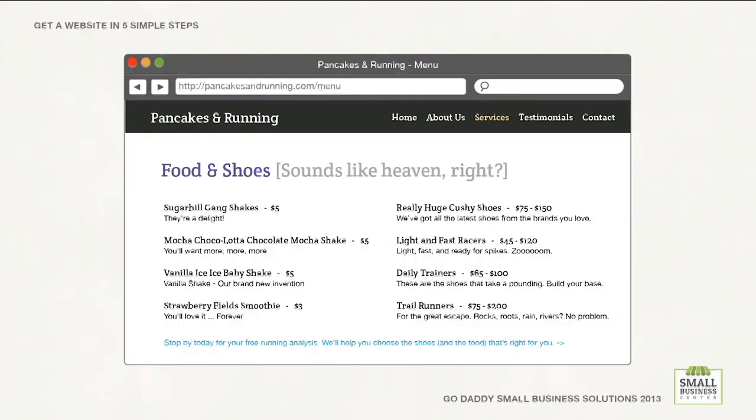So in this particular case, right, I kind of have both, which is really exciting, a little complicating, right? Food and shoes. Sounds like heaven, right? It does. I know. That's what it's going to be like. And so on one side, I got the food, right? I got my shakes, and my pancakes are going to be on there all the way down. And then on the other side, I've got my shoes. So the different types of shoes that I offer and what the price ranges are when you come into the